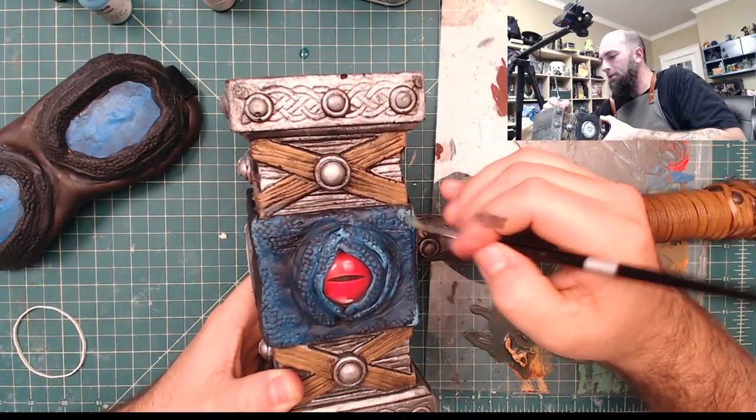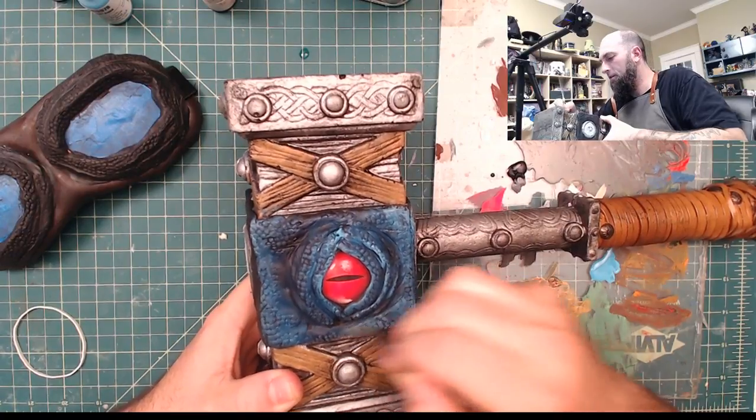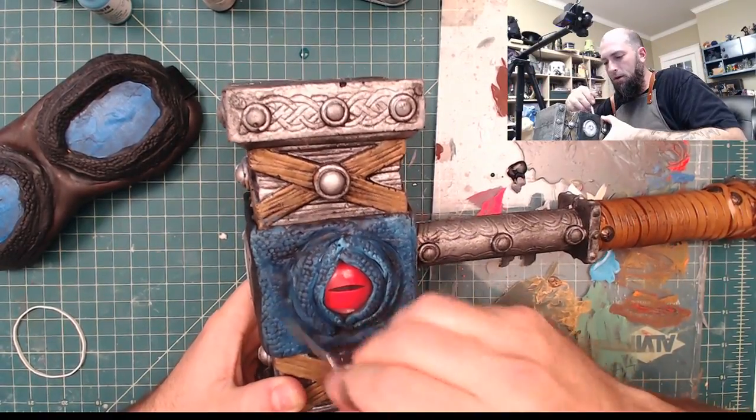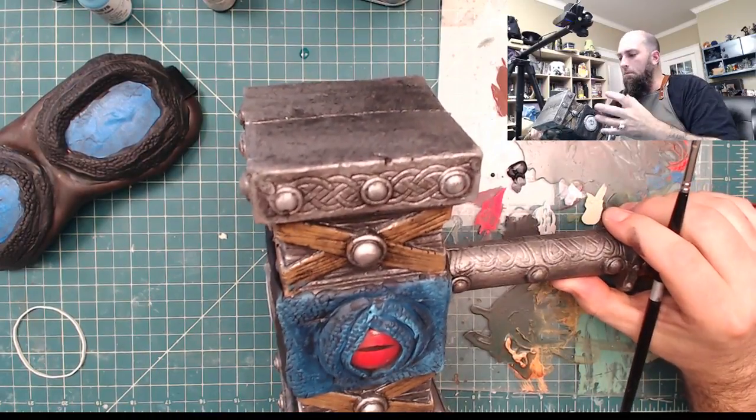And alright, I think that's pretty good on this side for now. I see a little more creases that I'm going to jump in and put more highlights in, but I kind of want to go over to the top part and get a little bit there, and I realized that I didn't put...